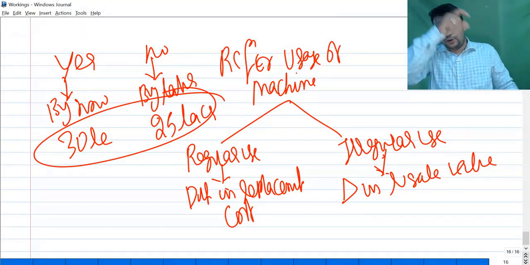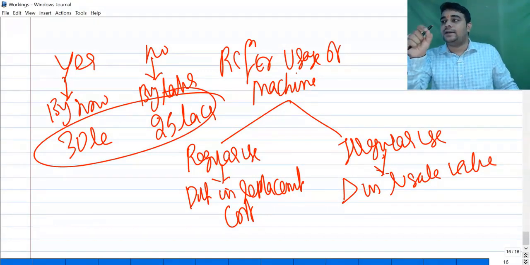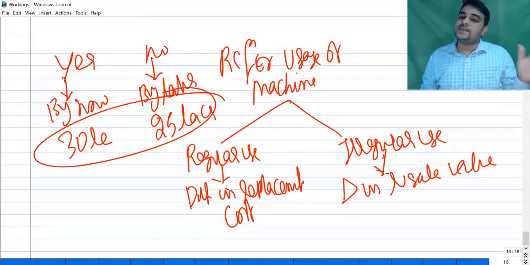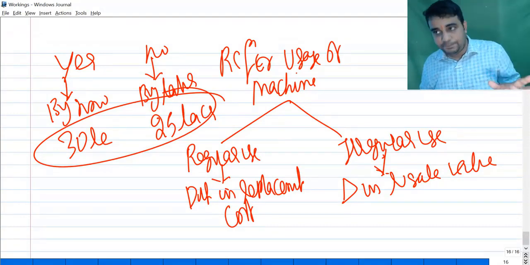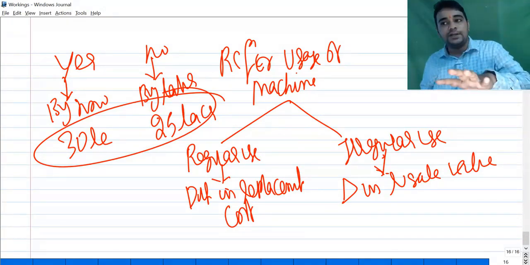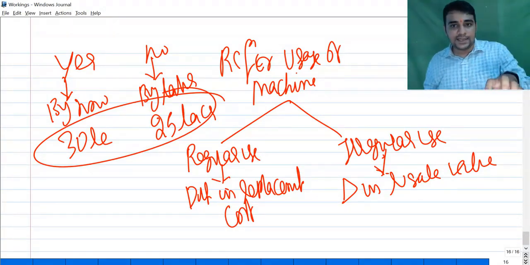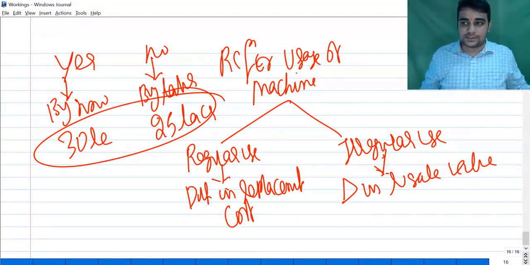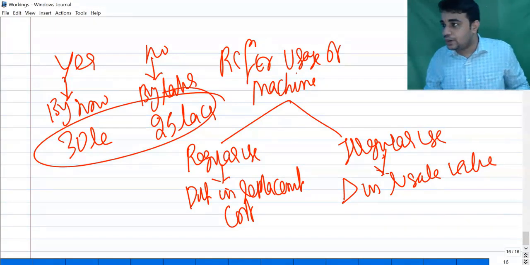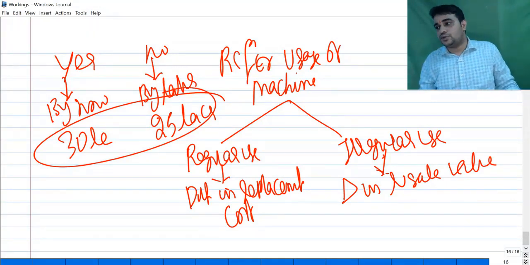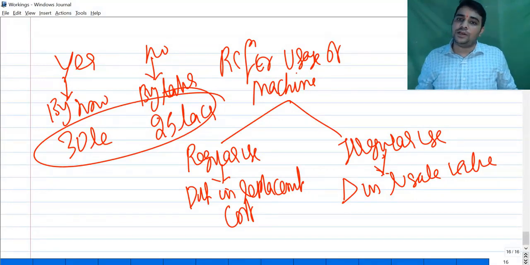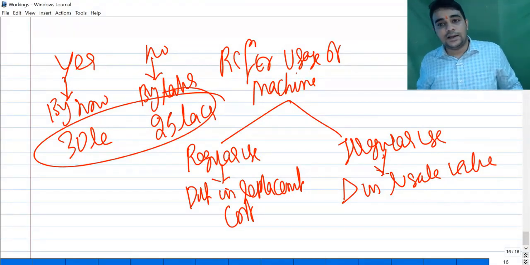Yes minus no, minus of some amount, minus 20 lakh, minus of minus 25 lakh, so that will become plus, so the difference is going to be the relevant cost. So one scenario it is difference in replacement cost, another scenario it is difference in resale value. If it's a regularly used machine, depreciation as such is of no use. If it's a regular used machine, difference in replacement cost. If it's an irregular use machine, difference in resale value.